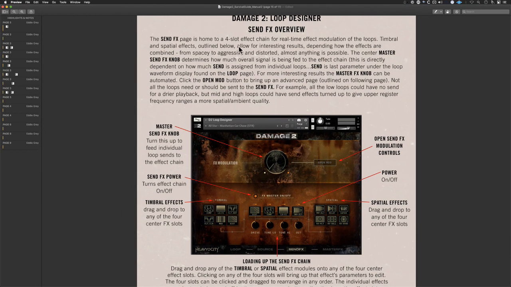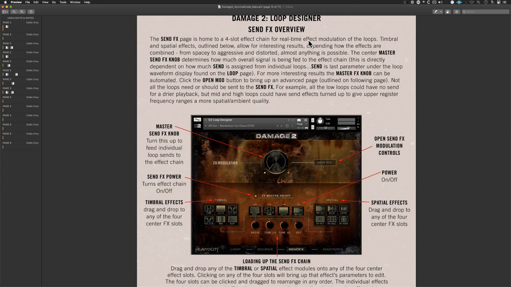So this is a 4-slot effect chain for real-time effect modulation. So this is, I was not expecting this. I was expecting a normal unit as you would expect in any one of these units, right? You're used to just adding a little bit of reverb or adding a little bit of delay, but this is like the first time I've seen this level of modulation happen in real time. So let's check this out now. All right, so